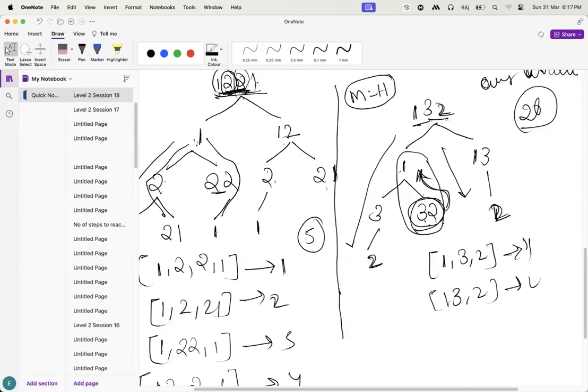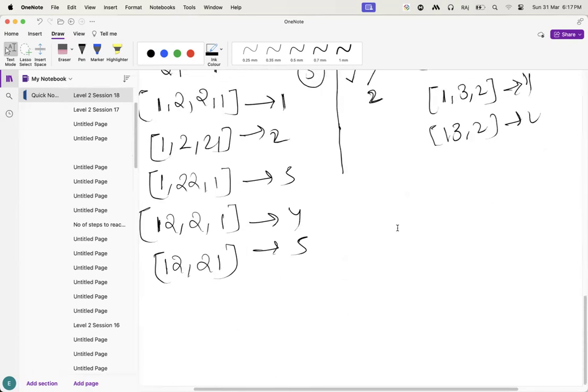Guys, please let me know, have you understood this one? How I have divided the elements, divided the string? Yes, fine. Now tell me,